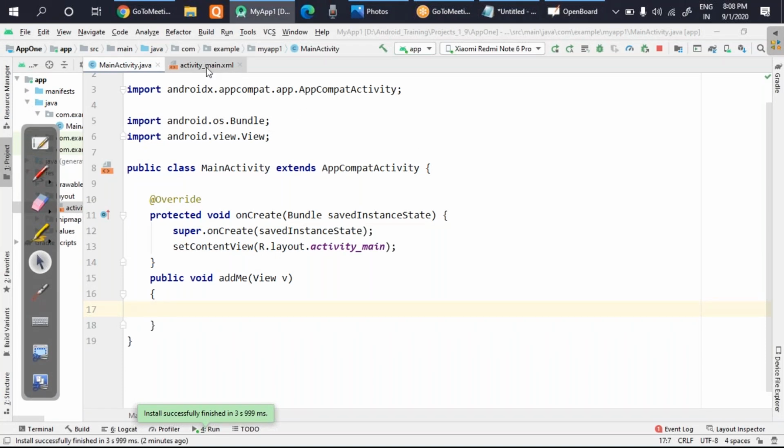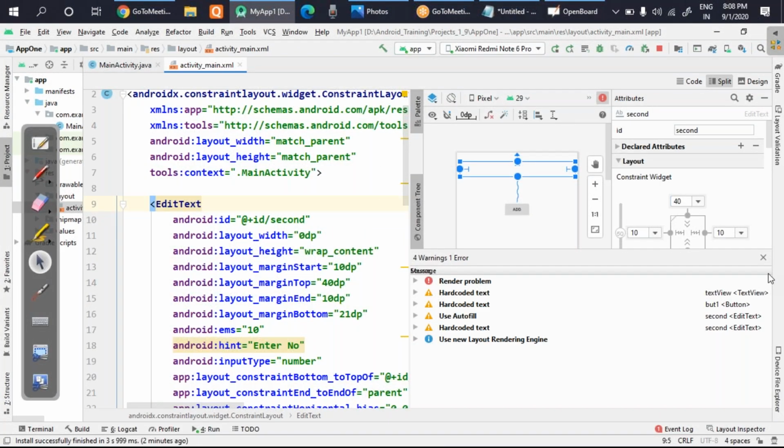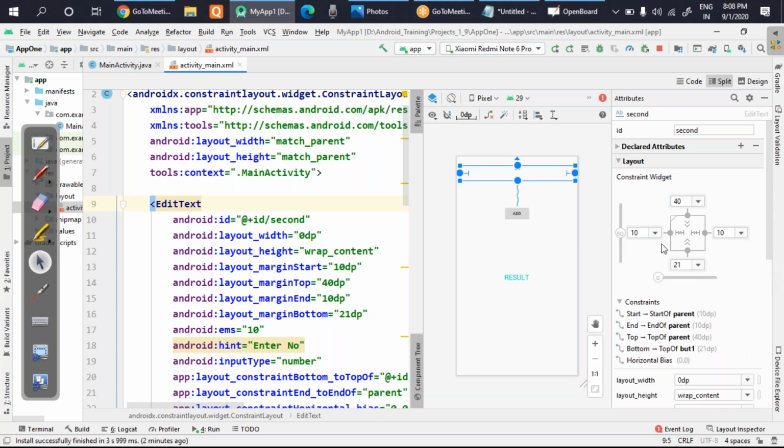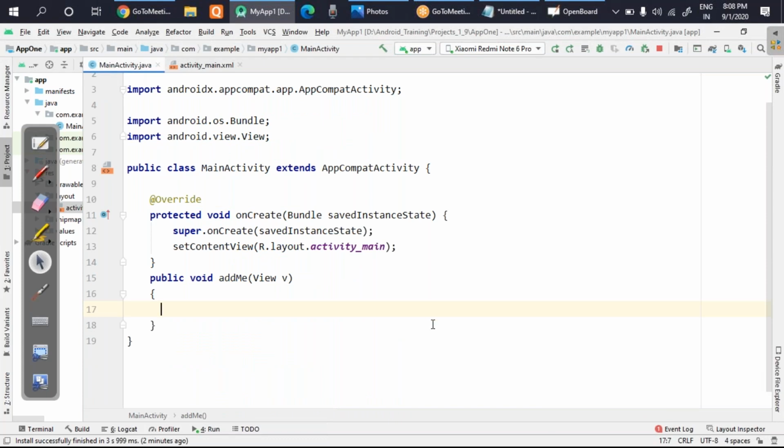And now you can see the rendering problem is still there, but no problem. My front end design is visible there. So no need to worry about the issue. Once you close this Android Studio and open it once more, these rendering issues will be over. Don't worry about that. I'll move to the backend code and start the coding section.